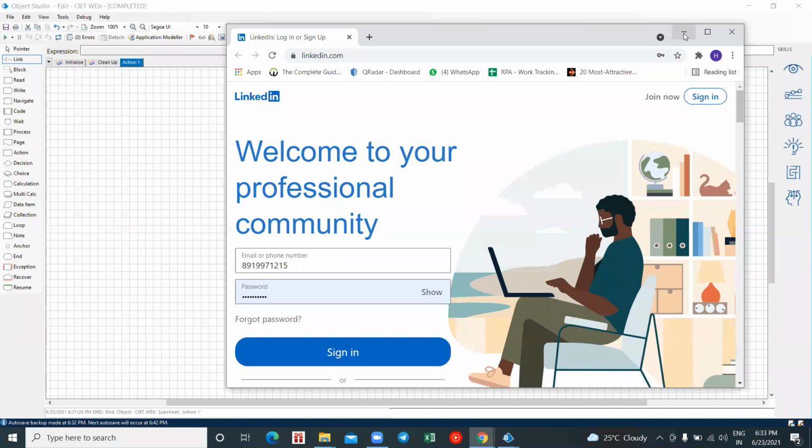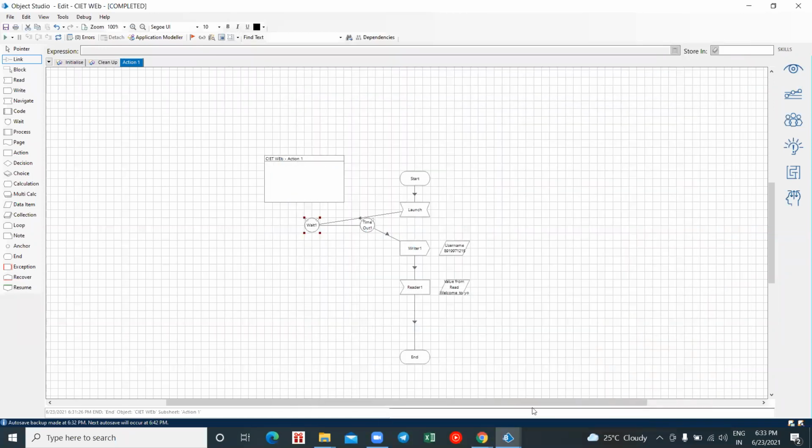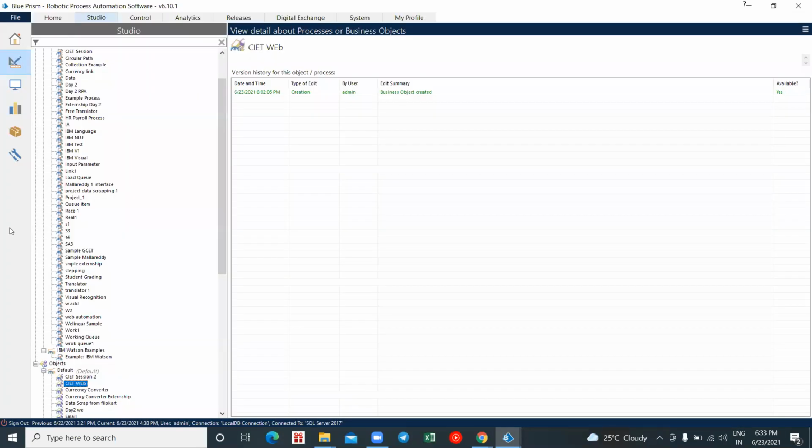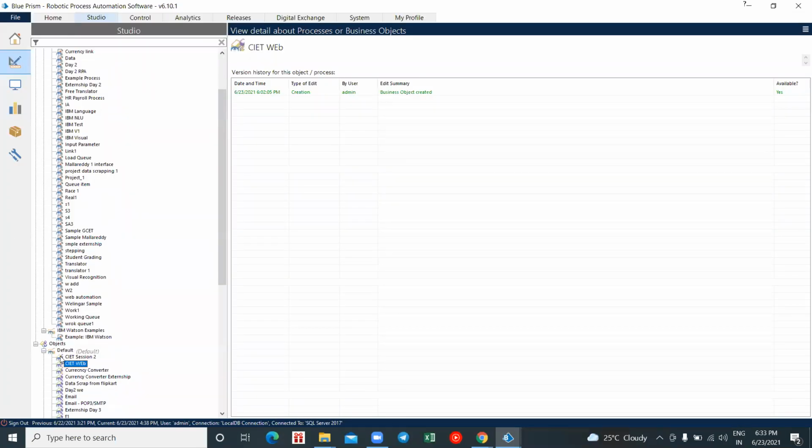Okay, so let's switch to our currency converter.